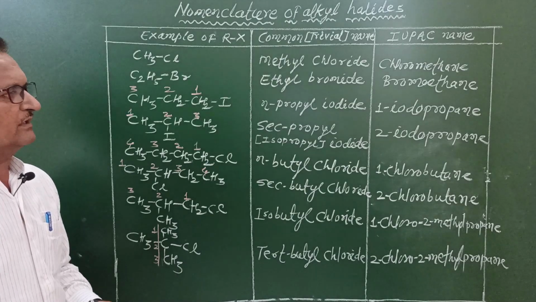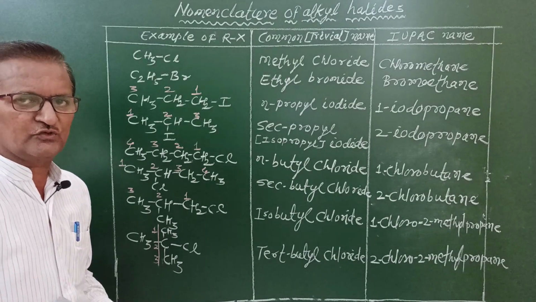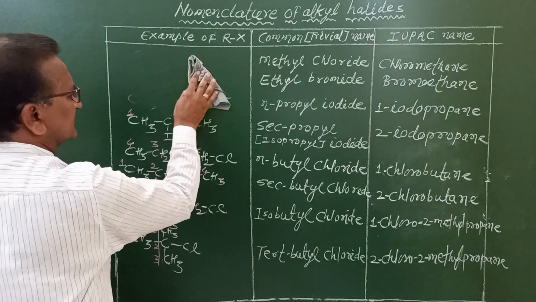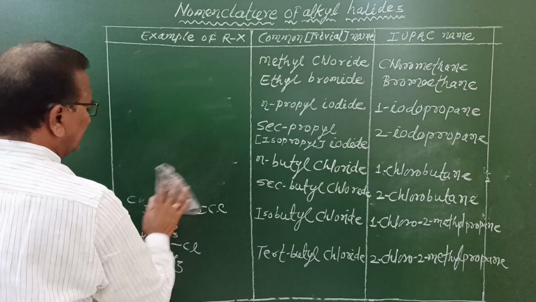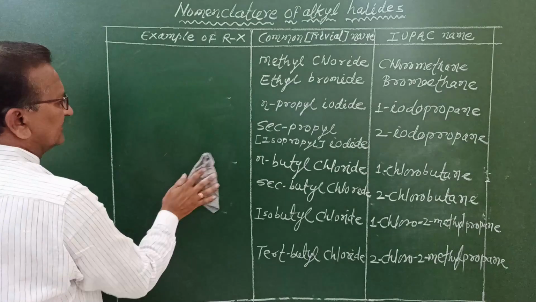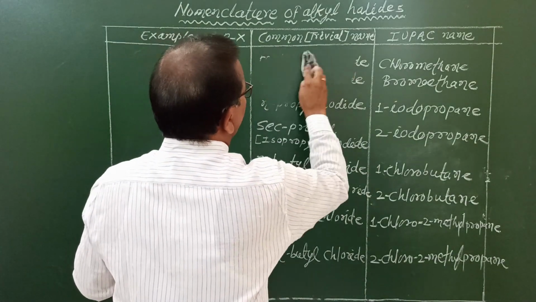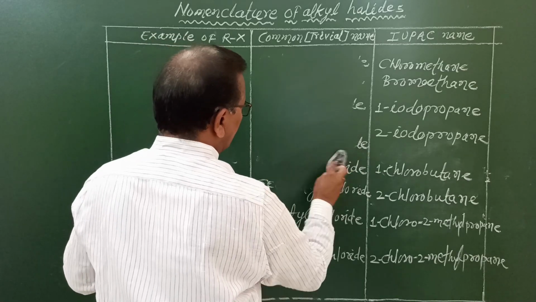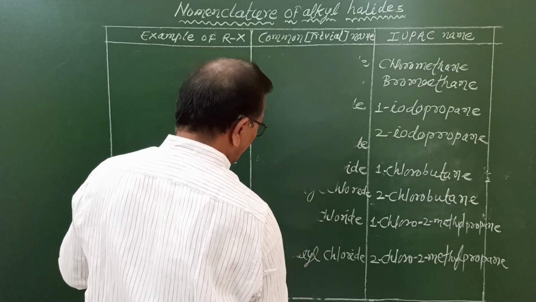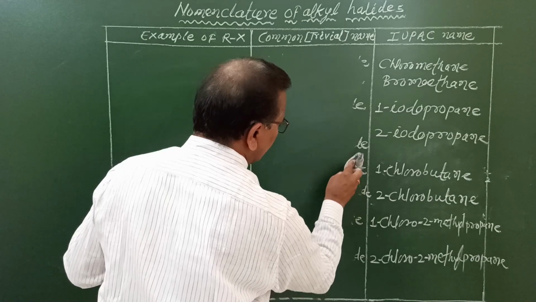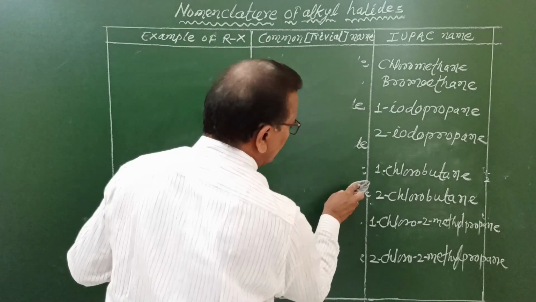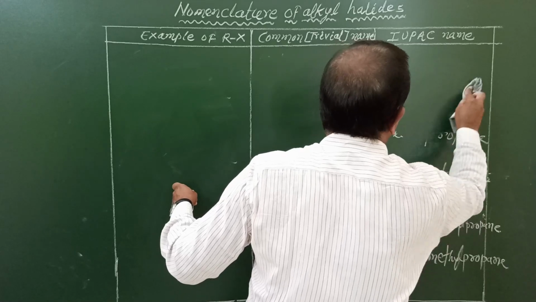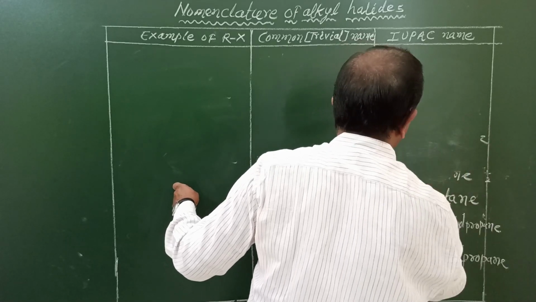Okay, we'll write some examples of dihalogen derivatives of alkanes. Let us see here how to write their names. Dihalogen derivatives of alkanes, some important examples. All these examples we have in our syllabus in 11th as well as 12th standard, so try to concentrate on all these examples. Try to remember all these examples.